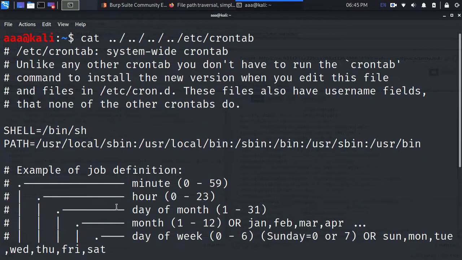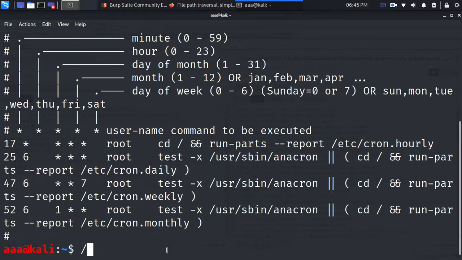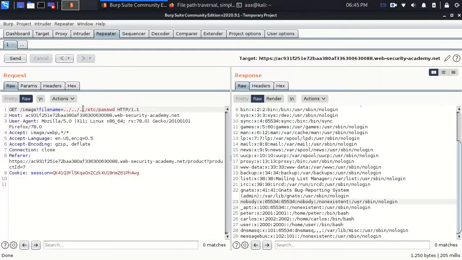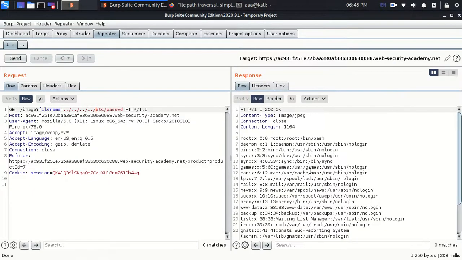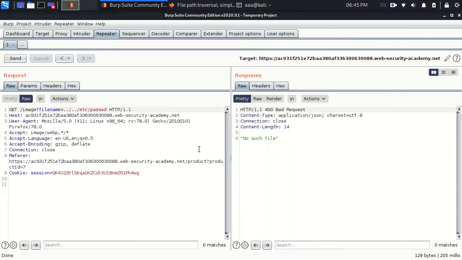That is because when you are at the root directory, you cannot go behind that. So even after / you do ../ it will still work. So rather than 3 you can put 4 over here, it will give you the same content, but you cannot give 2. With 2 it won't give you the answer. See, no such file found, because it did not reach that directory.